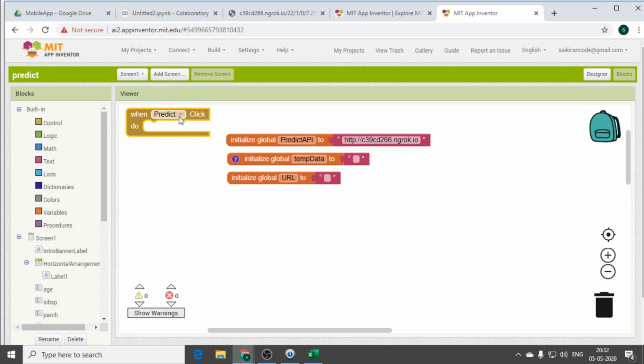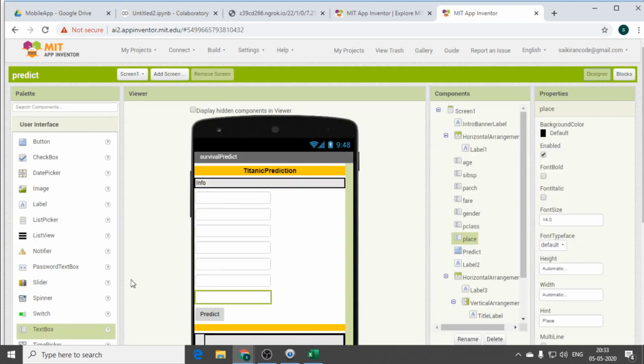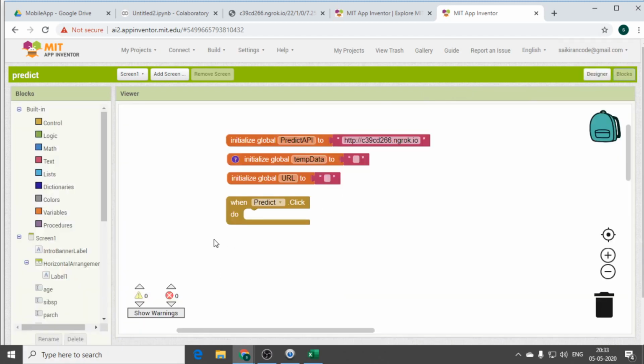Once you have clicked on the predict function, you can drag and drop it here, because we are arranging the blocks. Every block here, predict, will make sure that at the end we have the function. That predict will give you the output. So you can see we are giving functionality for that predict function.